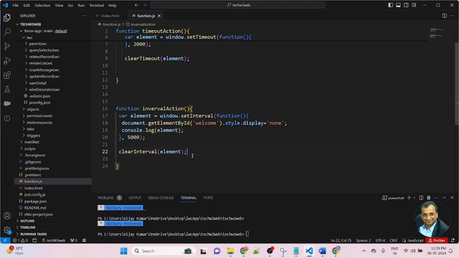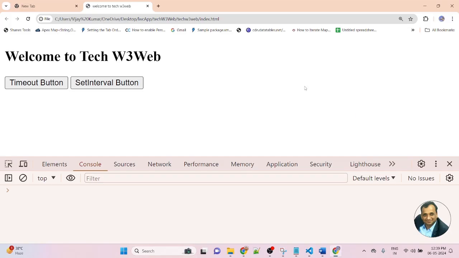So here I am using clearInterval and passing the element, which is a variable. Now refresh the window. Now I am clicking the button. So it will not hide.